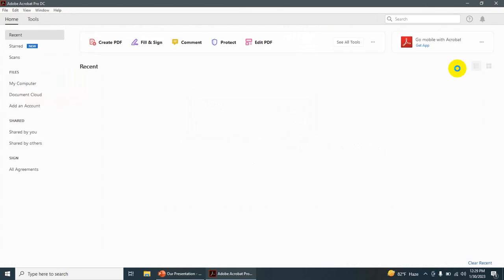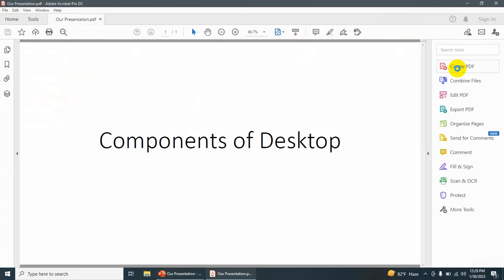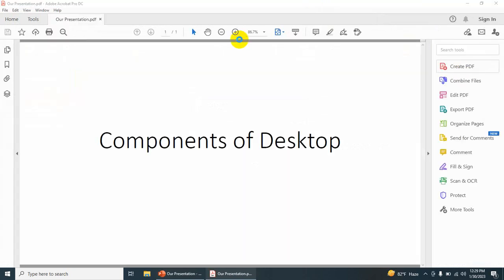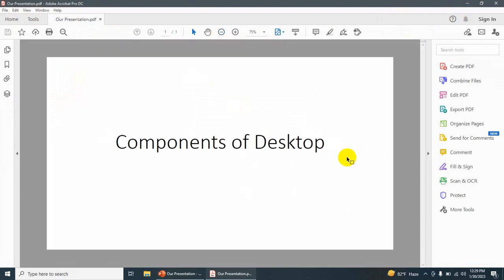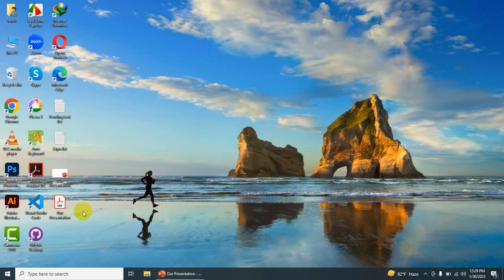So you can see that it's actually turned into a PDF file, and we are going to see the PDF file as well in the PDF format. So I'm going to close it for the time being, and I'm going to show you this PowerPoint right now turning into a PDF file. So in this way we can choose our